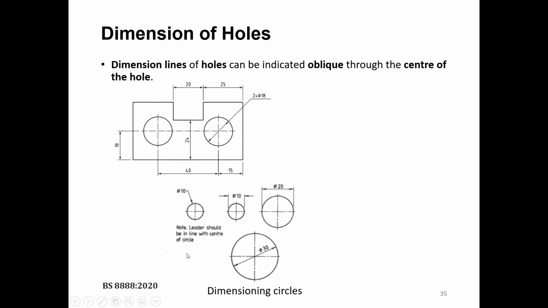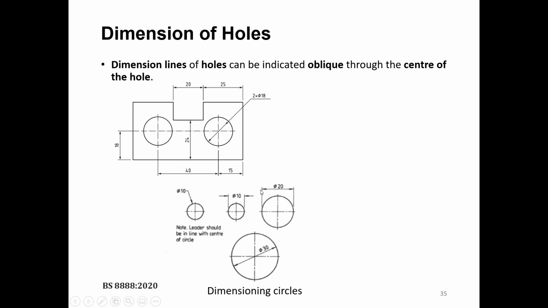Also, you can use leader lines. For example, here the leader line is used for this small circle, but if you extend the leader line, it should go through the center of the circle. Or you can, for example, show it like this. If the space allows you to add this phi 10, you can just add it here within these two extension lines,